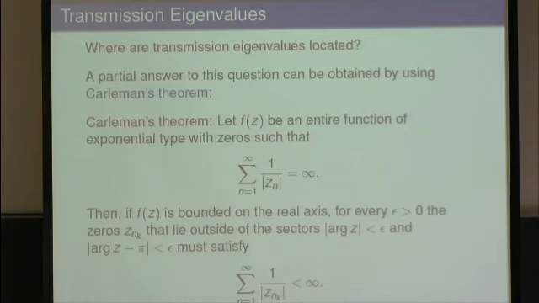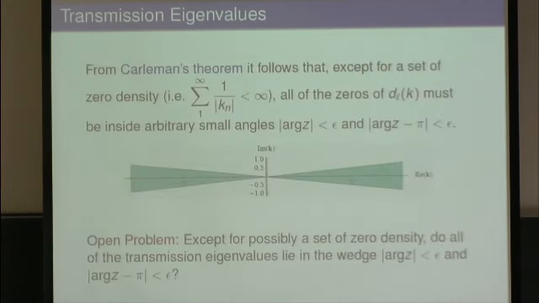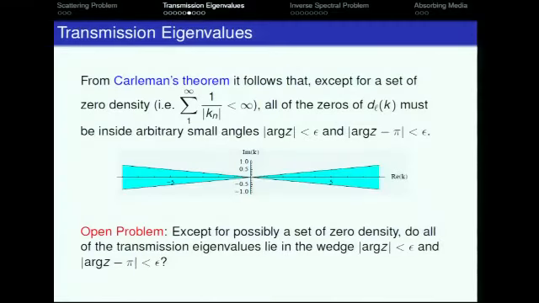or near the real axis. And now our determinant exactly fits into Carlson's theorem. So we can easily say the following. From Carlson's theorem it follows that except for a set of zero density, in the complex variables language, all the zeros of these determinants for each L must lie in an arbitrarily small angle near the real axis. So right in here, no matter how small this epsilon is. So there may be a few outside. Now this is, in the more general case where you have a non-spherically stratified medium, there's a paper by Lassi Päivärinta, and I won't try to give all three of the other people on the paper.